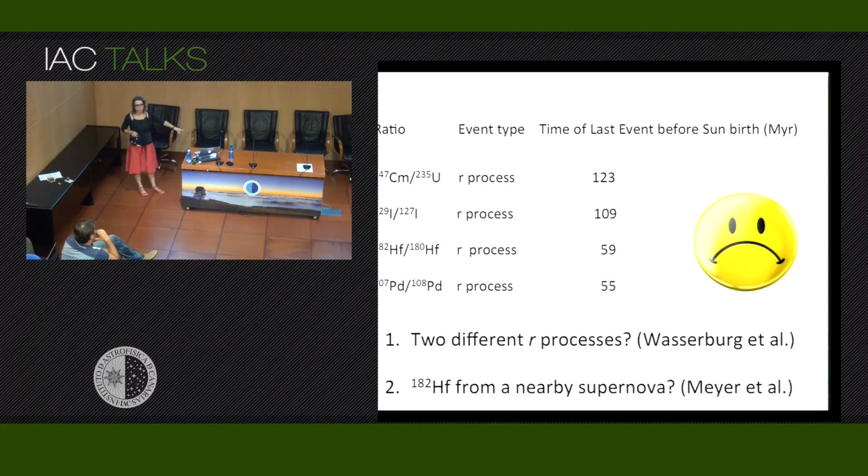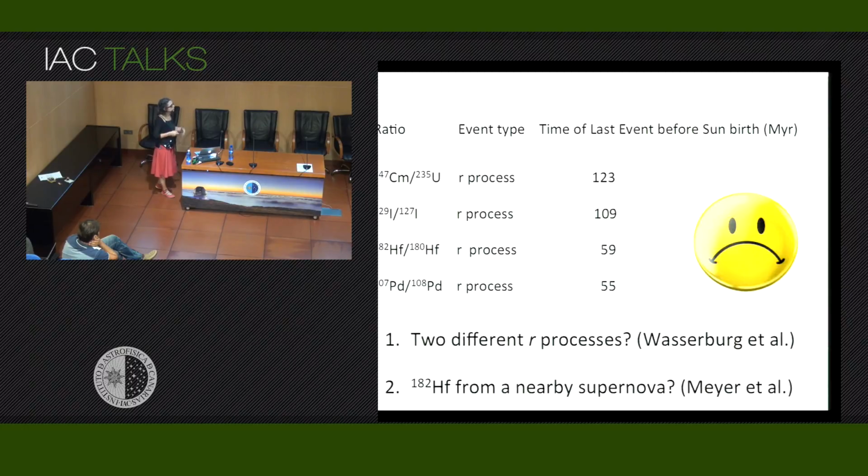But then there was a supernova nearby the solar system that produced hafnium-182, not because of the R process, but because of some other specific nucleosynthesis events like neutron bursts that don't contribute a lot to the abundances of the heavy elements in the solar system, but can produce specific isotopes. So I was interested in exploring this idea a little bit more,